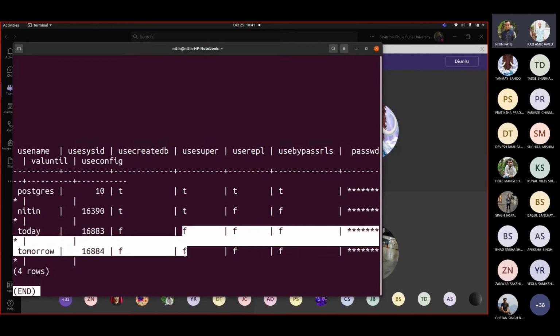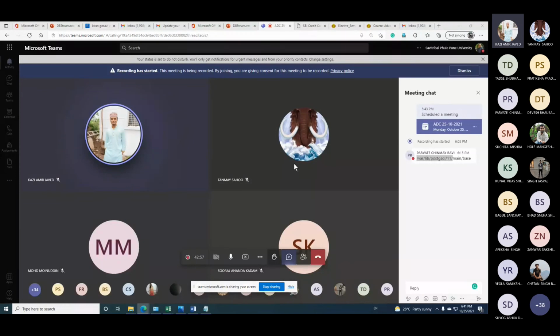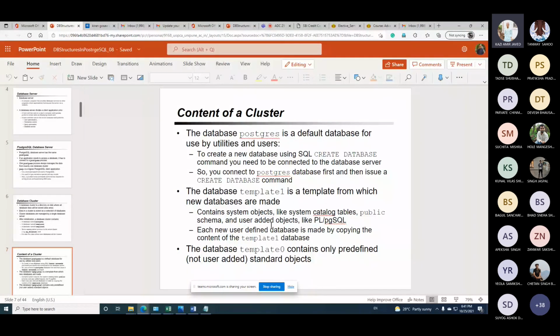That's why it is permitting me the access. Otherwise it may not, because I created Nitin as a super user. So I hope you understood the importance of Postgres template 0 and template 1. Any question or query till this time?